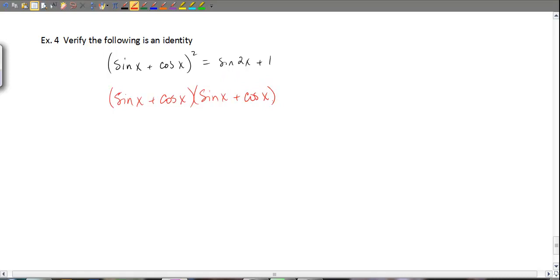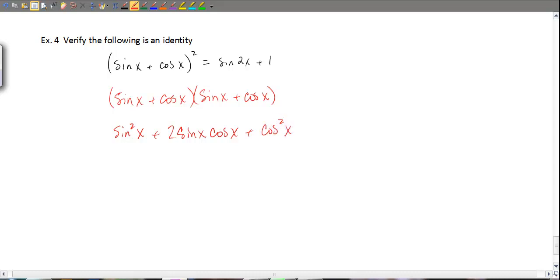So if I do FOIL, first would be sine squared x, times the outer, which is a positive sine x cosine x, plus the inner, which is a positive sine x cosine x, giving me 2 sine x cosine x,